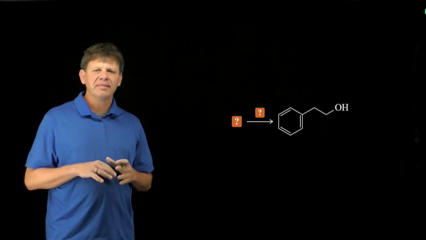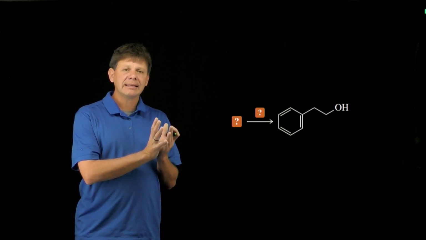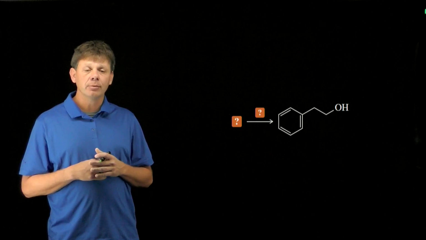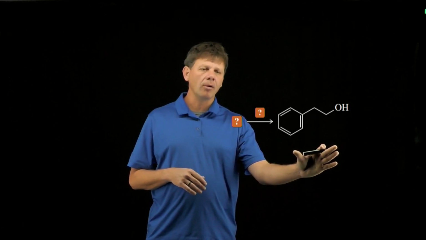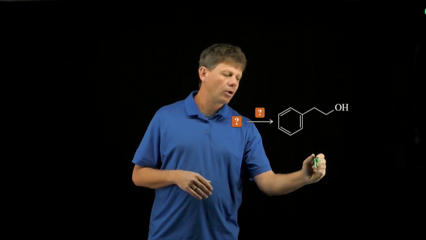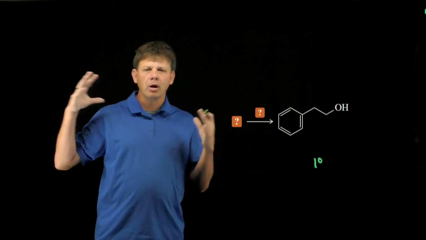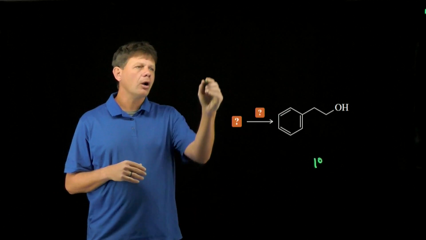In this assessment, we're asked to think like a synthetic chemist, not only giving the reactant that we're going to use to make a particular alcohol, but also giving the reagent that goes with it. And so we start by recognizing that this alcohol is a primary alcohol, meaning it is less substituted. So if we scroll through our reactions that we can use to make less substituted alcohols, we recall a reaction